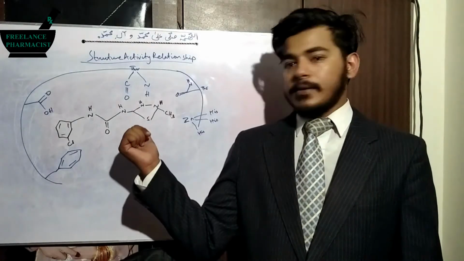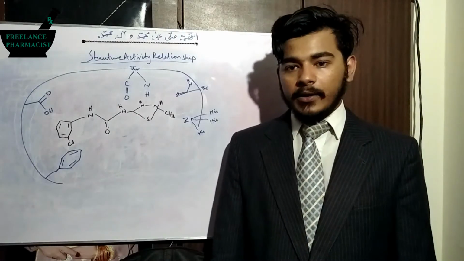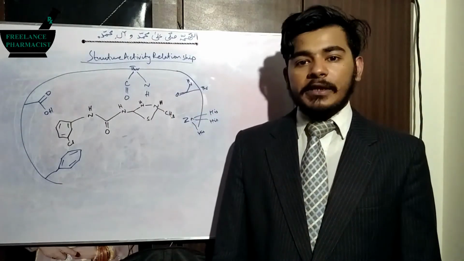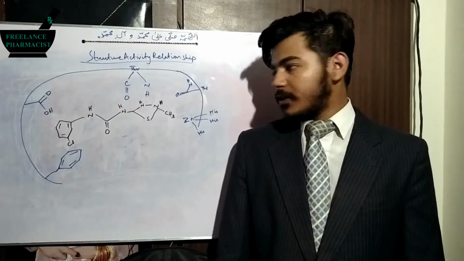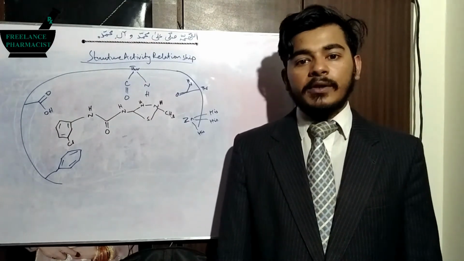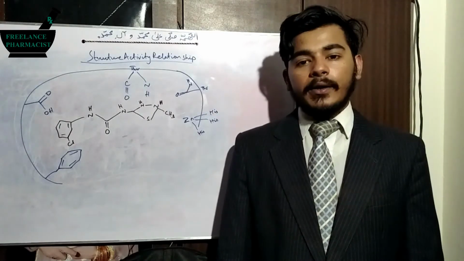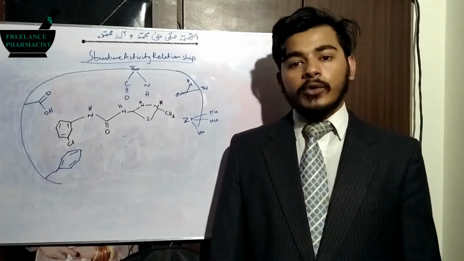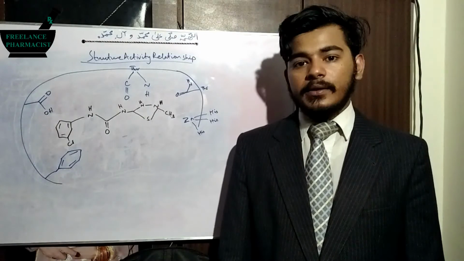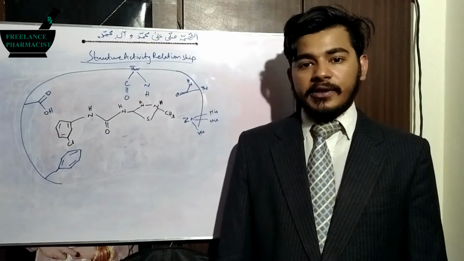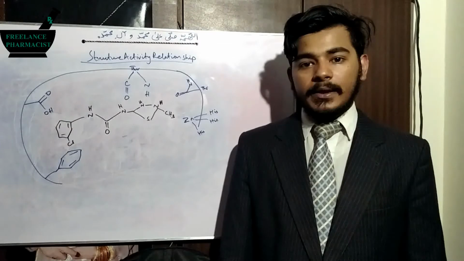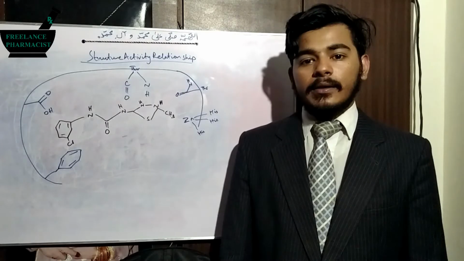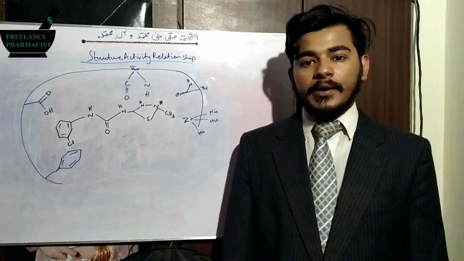So this is the next drug, drug B, and the same pocket is present. We have to evaluate the interactions of this drug with the receptor and count the number of interactions. The interactions found in drug A were 6. If there are more than 6 interactions present in this drug, it will fit better than drug A, and if the number of interactions is less than 6, then we will conclude that drug A fits the